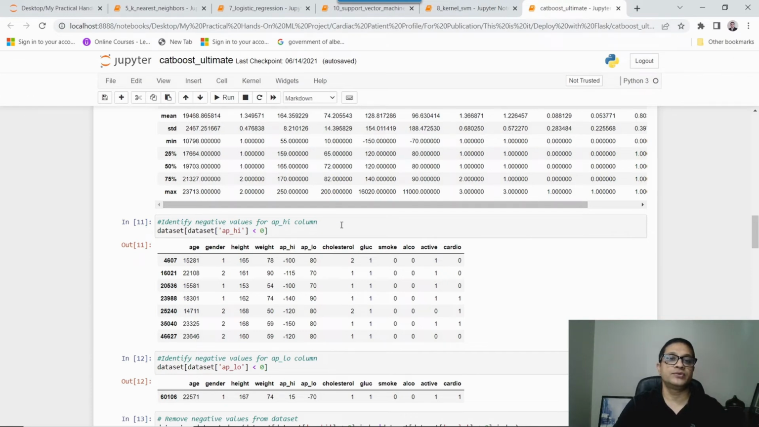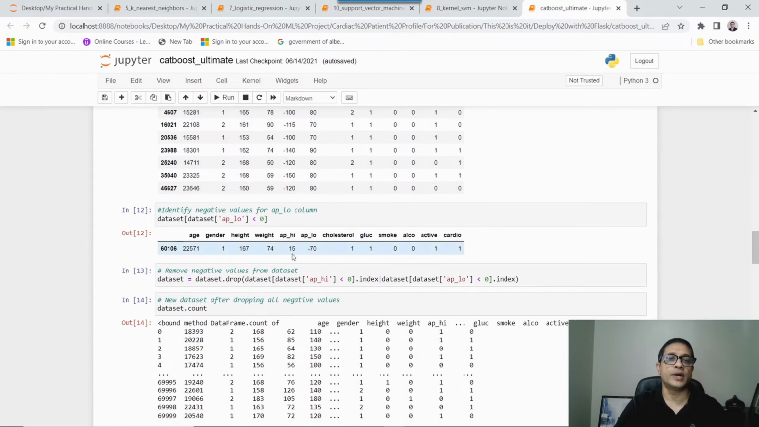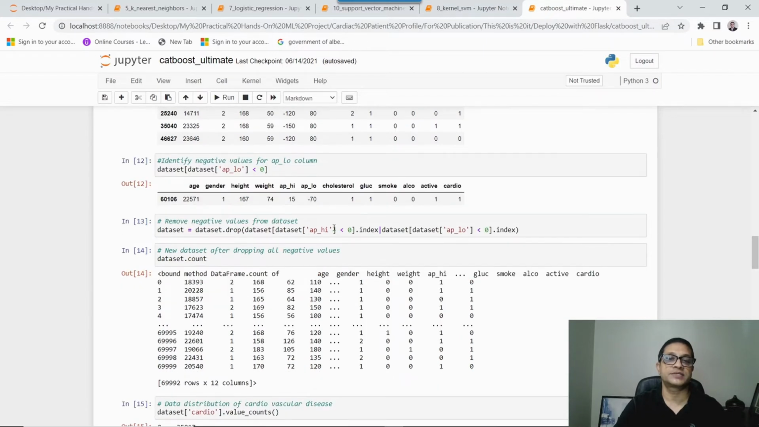Identify any negative values for blood pressure. So I wanted to get a sense if there are any negative values, and it just happened to be for high blood pressure, there are some negative values, not too many, but there are a handful. And also there's one negative value, one row with a negative low blood pressure. So what I ended up doing, I ended up removing them from my data set. So essentially I'm cleaning the data at this point. So I did that, and then